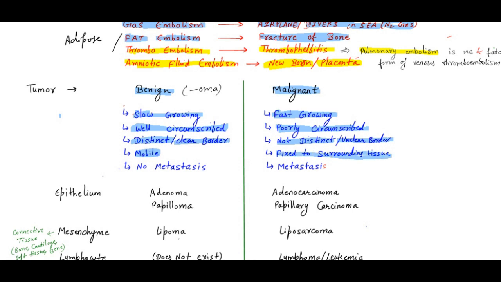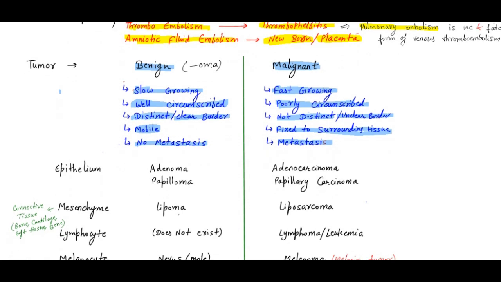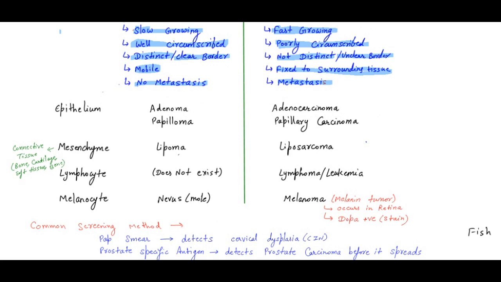Remember, malignant tumors show metastasis. So what is the meaning of metastasis? Metastasis simply means they progress from one location to another location. That is the property of metastasis shown by the malignant tumor. Now benign tumors do not show metastasis. If they originate in the breast region, then they will stay in the breast region and not progress to another site. They can progress to the lymph nodes, but they will not metastasize to other tissues or organs.